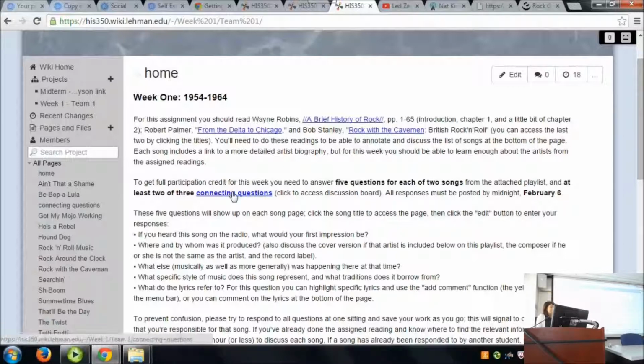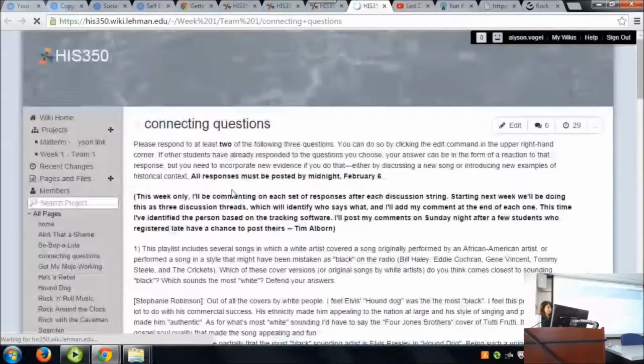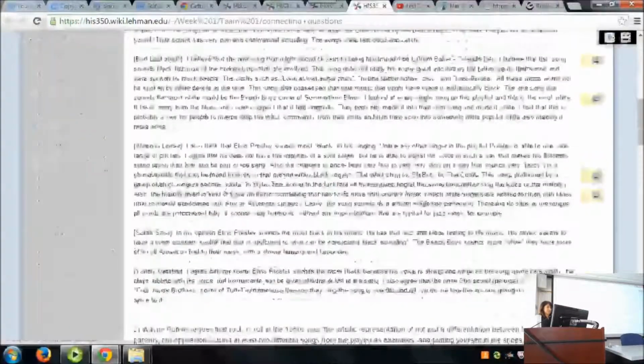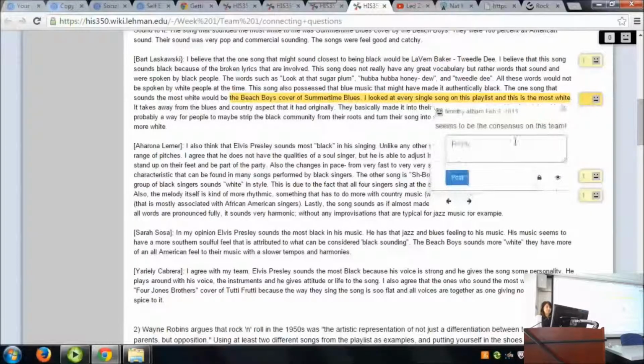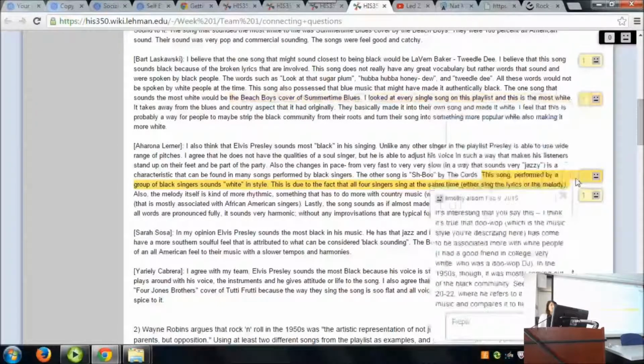So when they had to click, it says click to access the discussion board, and then here's their discussion board. And then here, again, were the comments. Seemed to be consensus on this team. And you notice they're starting to use this. And this is really early on in the semester, so as it got a little bit more formalized, there's more